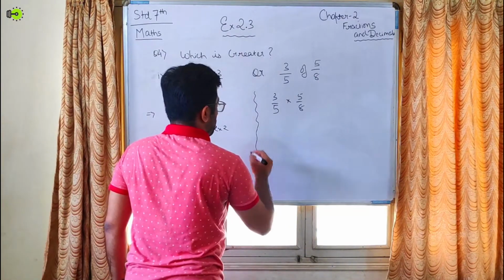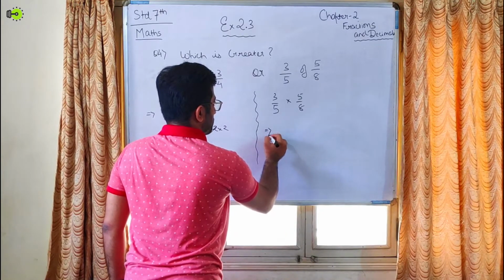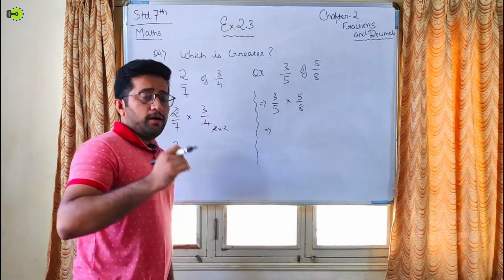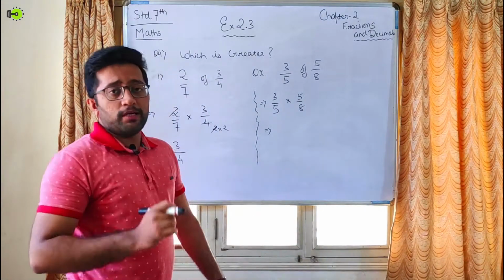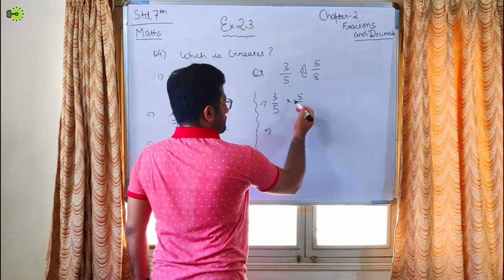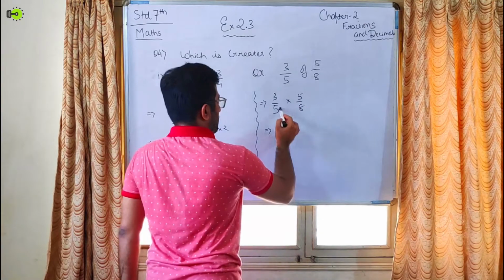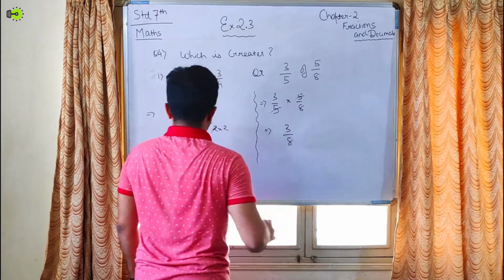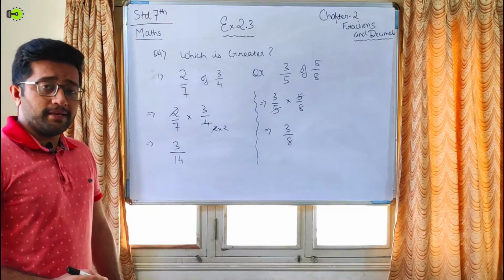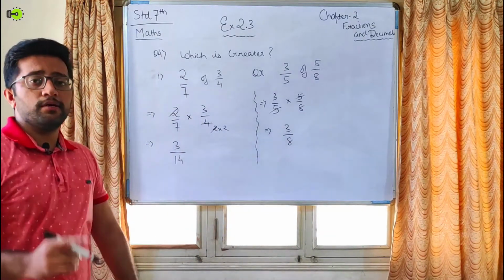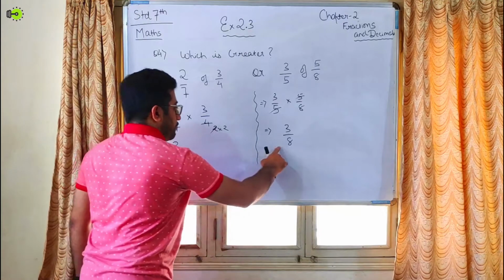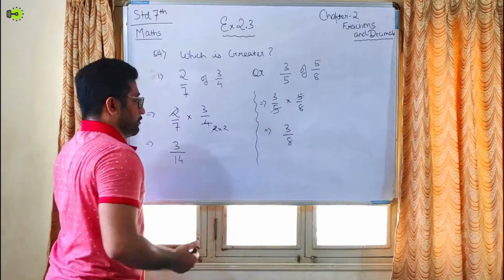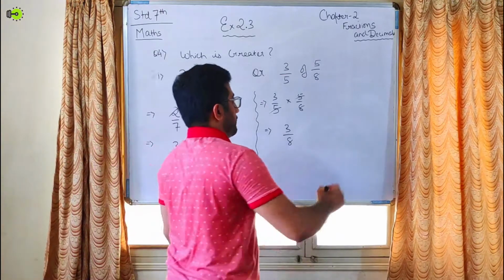Similarly we will do for the RHS one. We'll make sure that anything which is common needs to be cut out. So if you look at this, that is diagonal 5 and 5, so we'll cut it out and the answer will be 3 by 8. Now in order to make comparison of which is greater, you know that we need to make these two comparable, equal. So yes, we need to take the LCM.